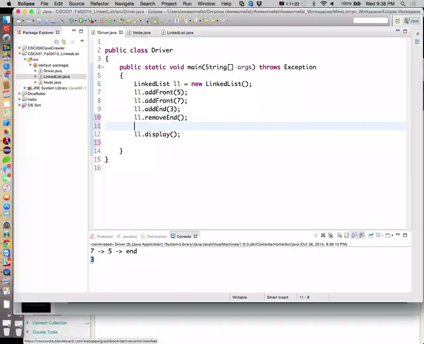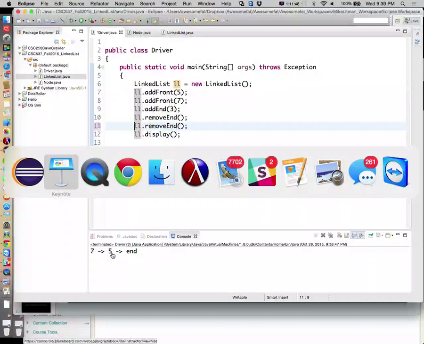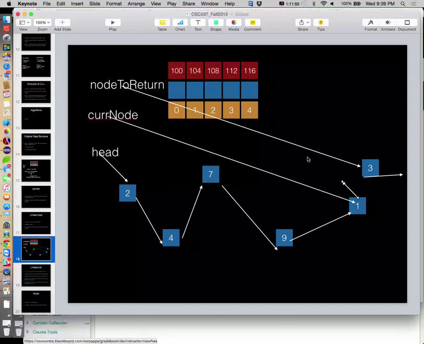So here, if I remove end a second time, now we'll be looking at just 7 as our new list. Ooh, hold on. Bugs. All right, so 7 5 is our current list. If I remove end again, I should just be stuck with the 5, but that's not the case. So we have handled our walking incorrectly. So let's see, we have a list that looks like this. Whatever's wrong with the code, I did on purpose.